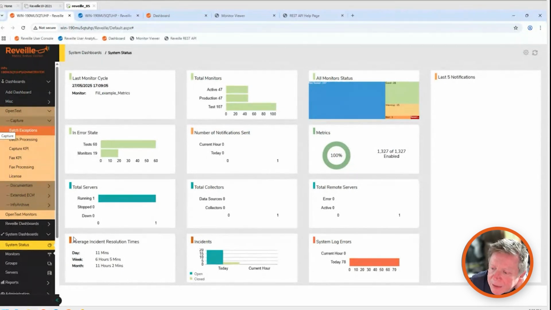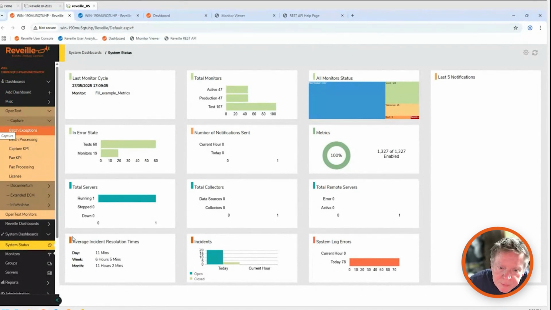And then finally, the capture channels. How do we get information into the system? How do we get it out of the system? It may be capturing via a device, so a scanner, or it may be coming in via email or fax. So how we monitor those channels, and if they're not being processed correctly, how we can flag that up